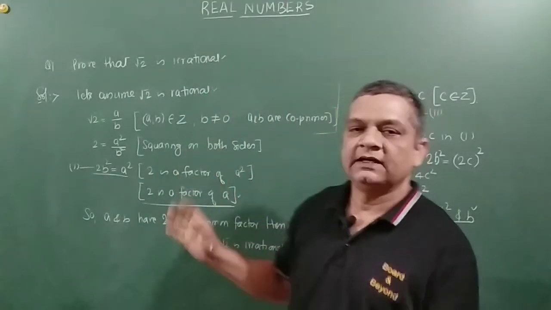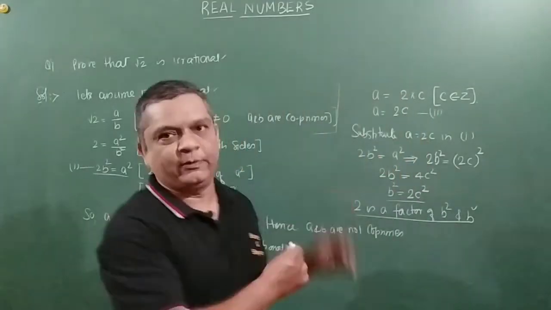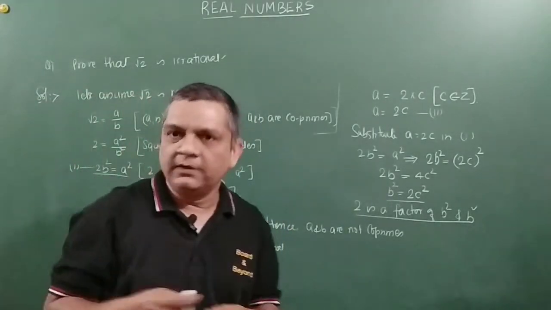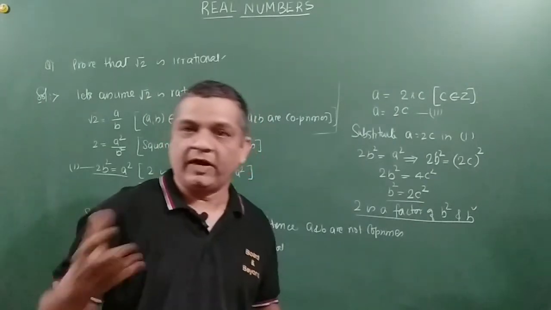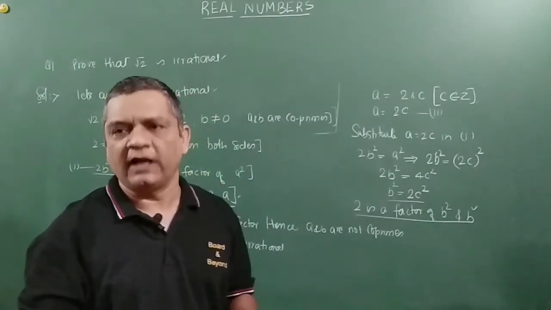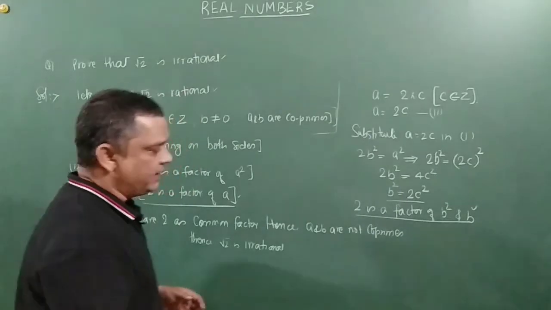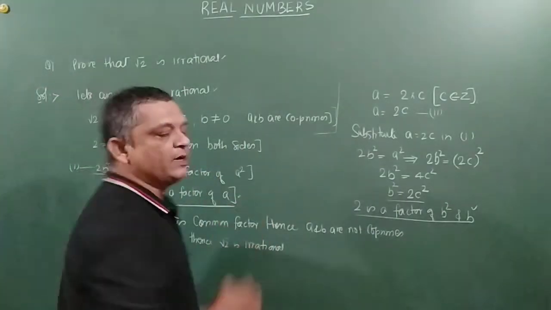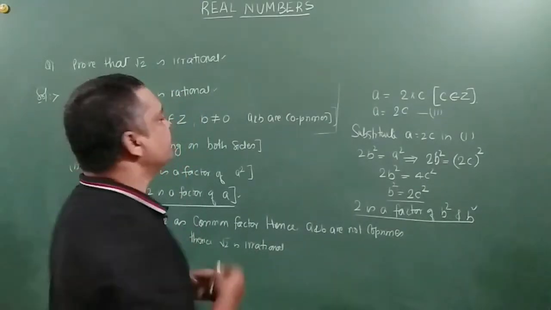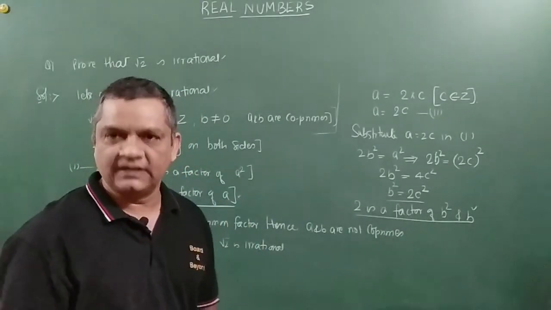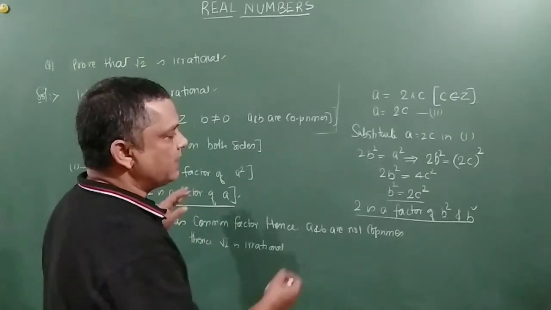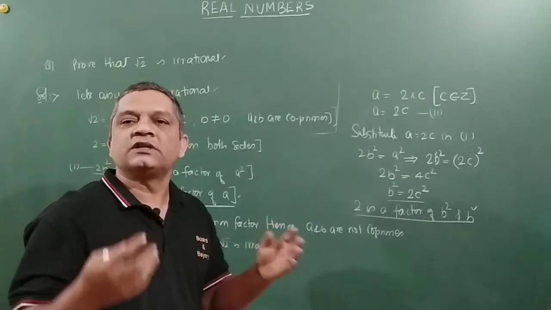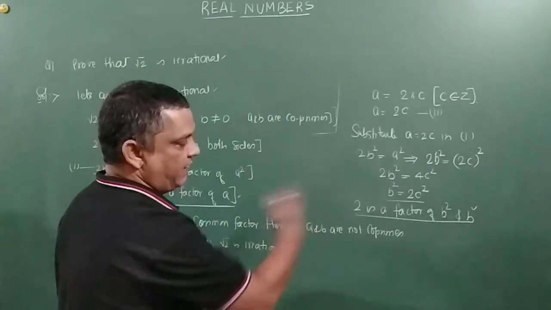Okay, so friends, this type of problem, it may be root 2, it may be root 3, it may be root 5, it may be root n, given n is a prime number. I hope I have told you in the last class, right? So this type of problem, you must write your comments, in the sense your justification for every step. Why are you doing this, right? Because there is no very hard mathematics involved here. It's purely a logic based proof, right? So everything is a logic.